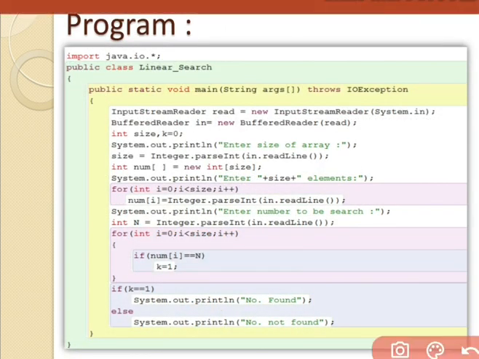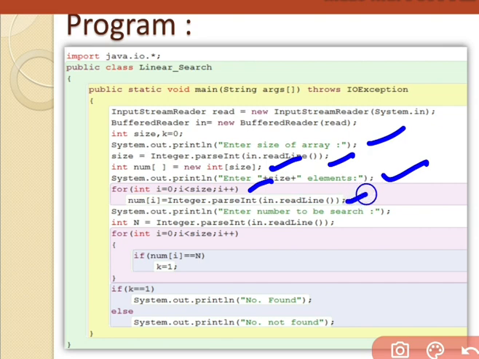See now, I had already created a class named LinearSearch. You all know these few things because these are common things. And then see, we have to accept the size of the array, we have to create an array, then we have to accept elements from the user.